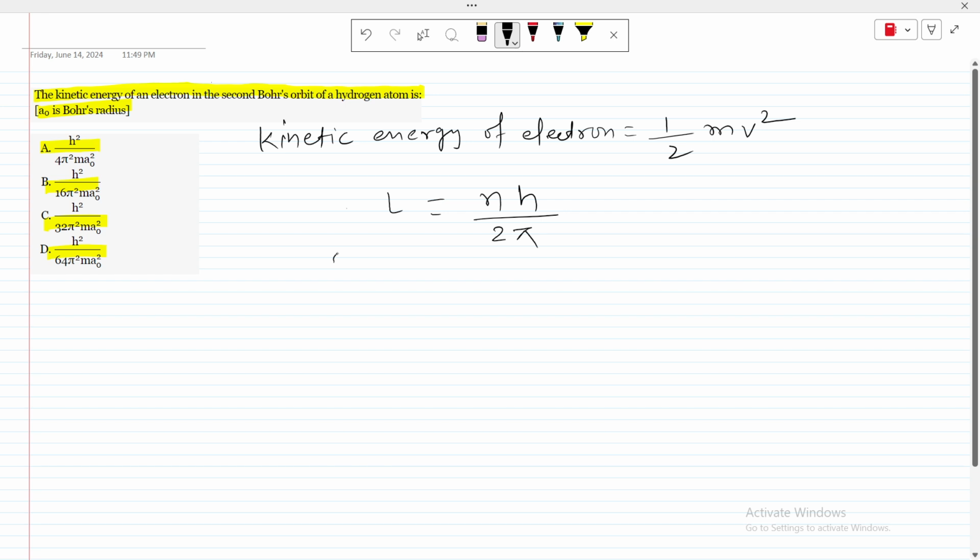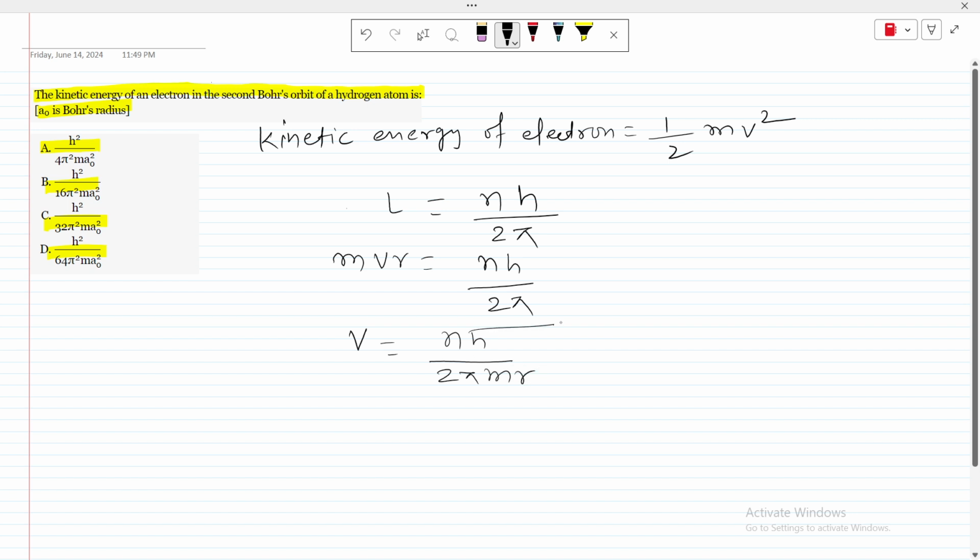So angular momentum m v r is equal to n h upon 2 pi. Now if you find out the velocity, v equals n h upon 2 pi m r,